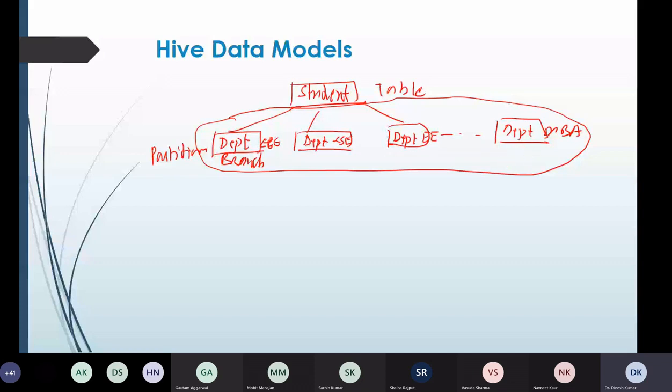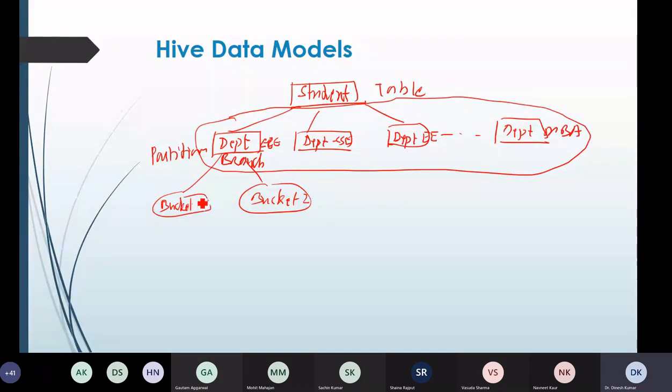Now within that EC department, we can create buckets. So this is bucket 1, bucket 2. Let's say we have applied a hash function and divided this further to find out the students who belong to first year, second year, third year, and the final year.